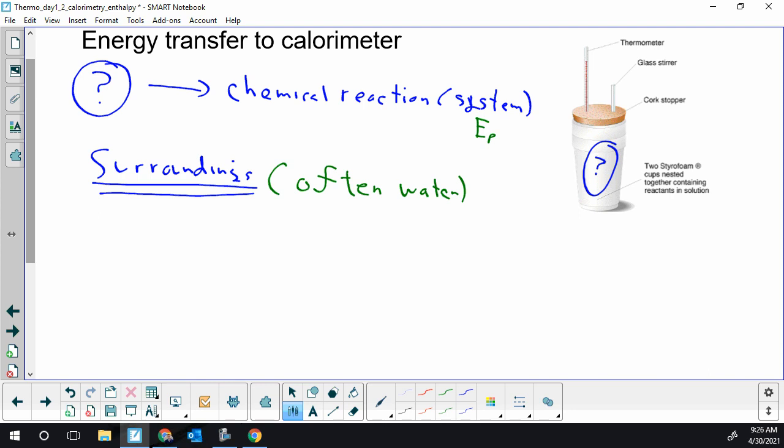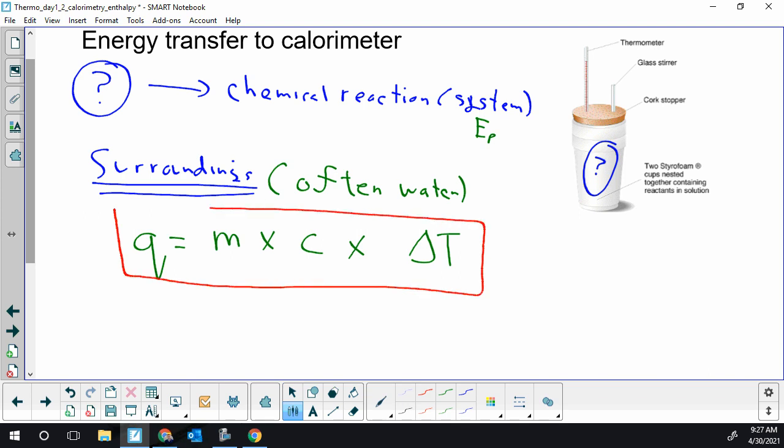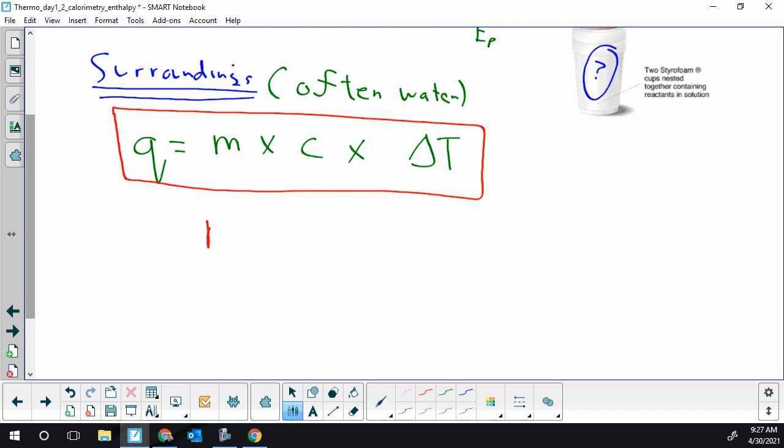Back in Science 10, you learned how to measure the energy change relative to temperature. Okay. So that was a couple years ago. Okay. And we did this with Q is that energy change. You needed to know the mass of where the heat went. You needed to know the specific heat capacity of whatever material the heat went into, and you needed to know the change in temperature. Okay. This is the main calculation that you're going to do in almost every question in this unit. Okay. This is going to let us go from temperature change in the calorimeter to the energy. Okay. So M